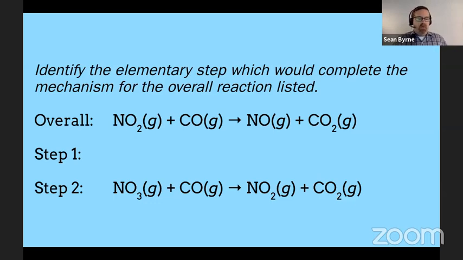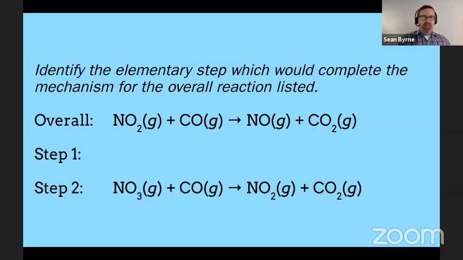The first one was kind of a backwards mechanism problem, right? So really taking our skills out for a ride and seeing if we are able to not predict what the overall reaction is, but surmise from the overall reaction and one of the steps what the other step would be. In particular, it's going to be important that we are identifying step number 1 from the overall and step number 2, because we're going to have to identify what our 4 parts of a reaction are. You might want to review that from yesterday. We can have products, we can have reactants, we can have an intermediate, and we could have some catalyst in there. So anytime you have a mechanism here, you might want to review those 4 parts.